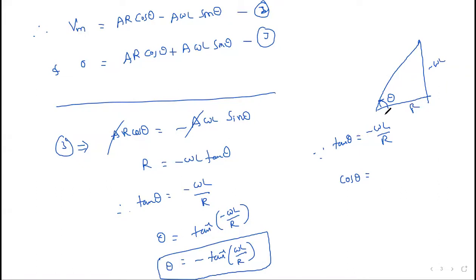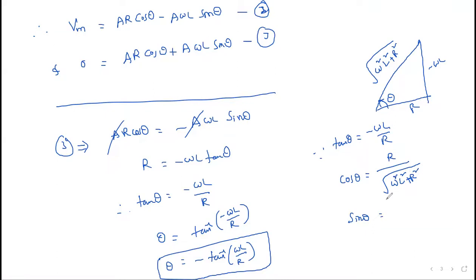Tan theta is opposite over adjacent, and this is equal to root of these two, that means omega square L square plus R square. From this Pythagoras theorem, we can write cos theta is equal to this adjacent length by this diagonal length, root of omega square L square plus R square. And similarly, sin theta is equal to,